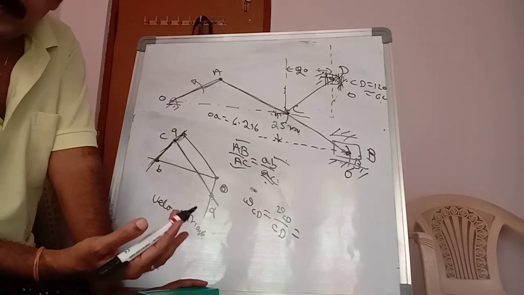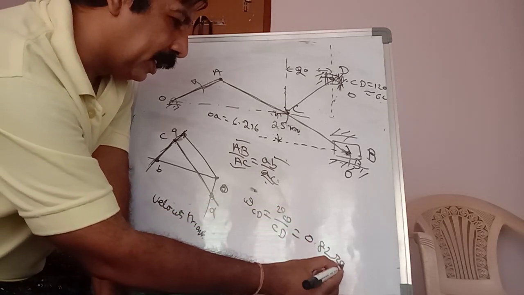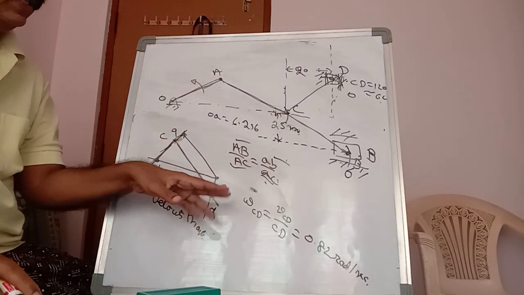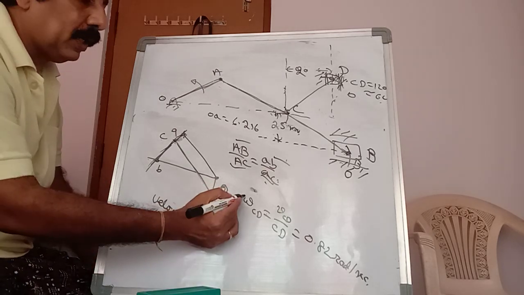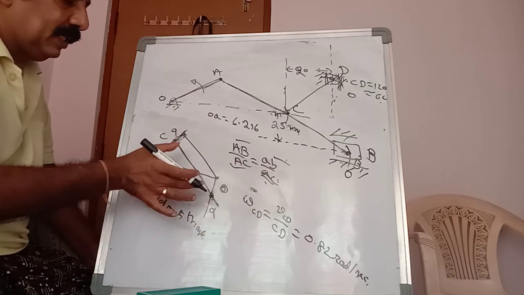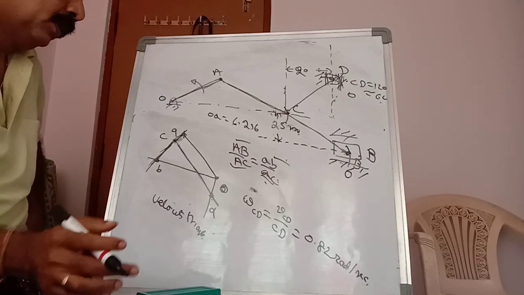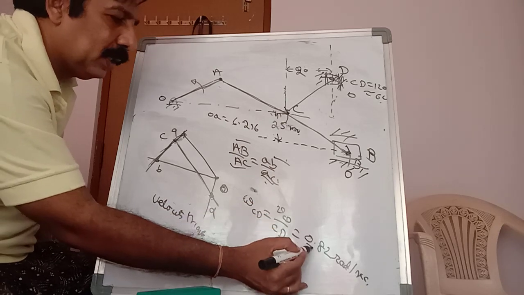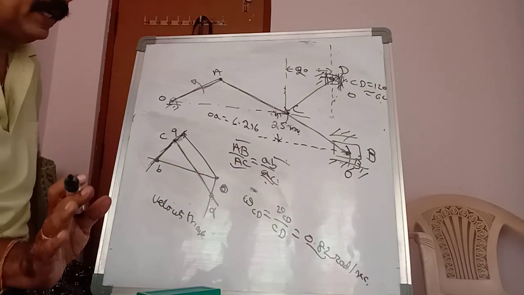For example, suppose I am getting omega CD as 0.82 radians per second. But these values depend upon our scale and all these things. These are only rough values; I am explaining the procedure. How to find omega CD? VCD by capital CD. What is capital CD actually? 120 mm. So you can find the VCD value and divide by the capital CD value. By substituting, you will get some value. Initially I am taking it as 0.82 radians per second.